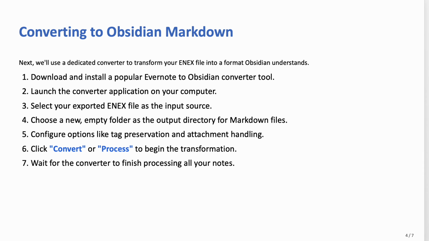Then select your exported ENEX files as the input source and choose a new empty folder as the output directory for markdown files. Then configure options like tag preservation and attachment handling. Click the convert and process option to begin the transformation and wait for the converter to finish processing